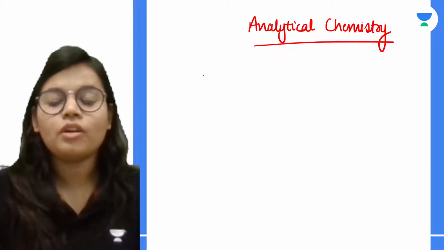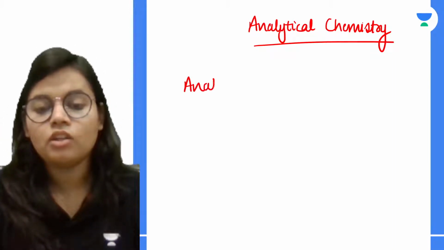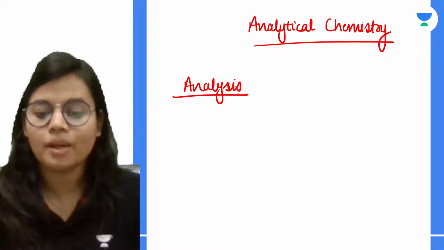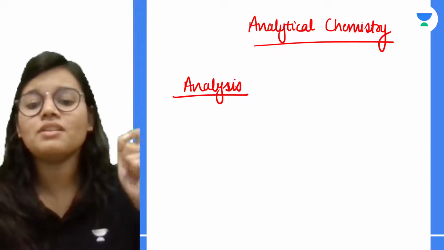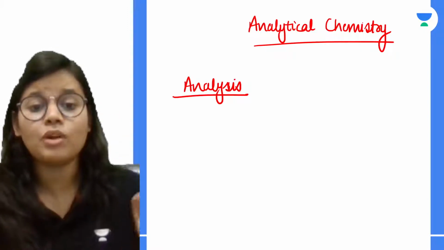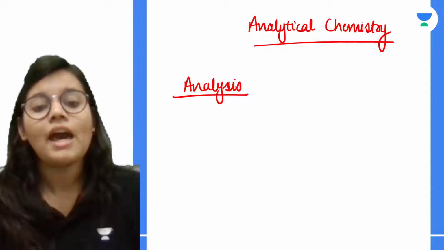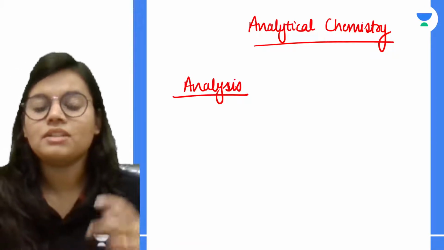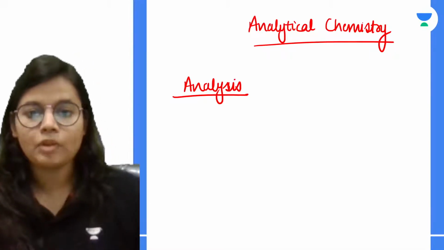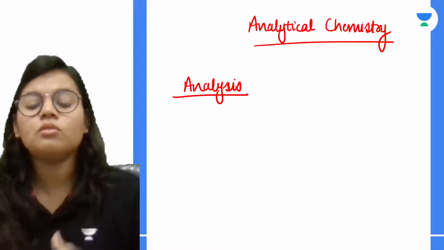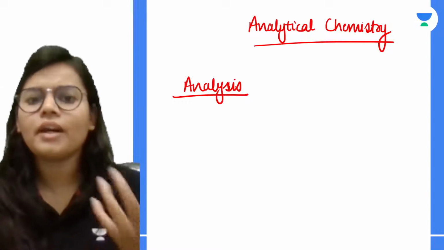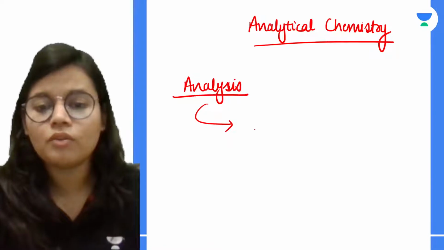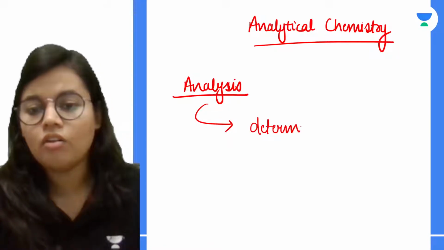Now, before moving on to analytical chemistry, we will be knowing about certain terms which are important in this particular chapter. तो हमारा first term आता है analysis. Now, what do we mean by the word analysis? In normal terms, the word analysis means determining something. Okay, तो अगर मैं chemistry की बात करूं, what do we mean by analysis? Determining a particular chemical component. Okay, so analysis over here means determination of